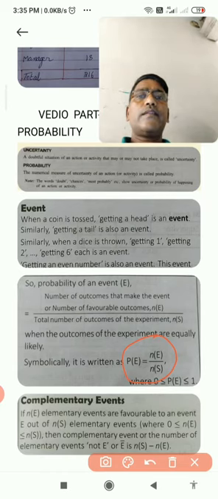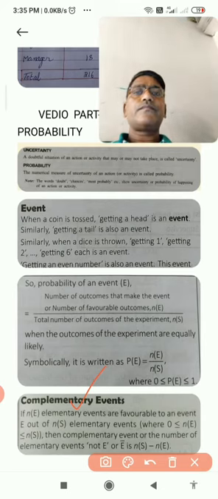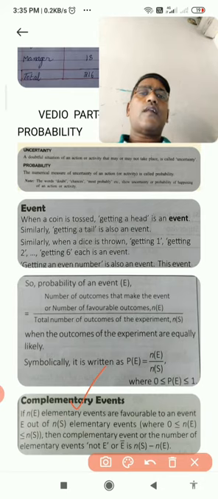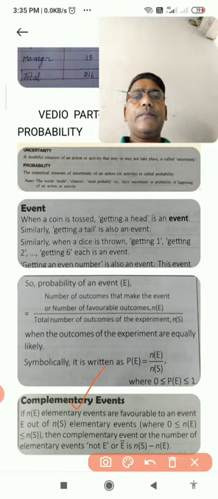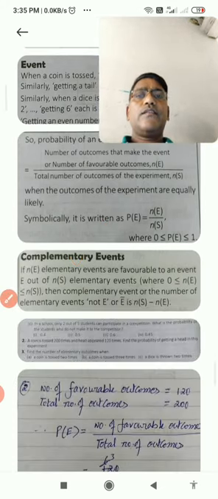One more important thing is complementary events. You can observe 2-3 different color pens are there. If you take out one of the colors, that is a probability. But if they ask the question that a particular color does not come, what is the probability? Then you use the complementary event. It is written as PE bar. So whenever we find the probability and subtract it from 1, that is the complementary probability. Okay. Then I will explain one sum also here.